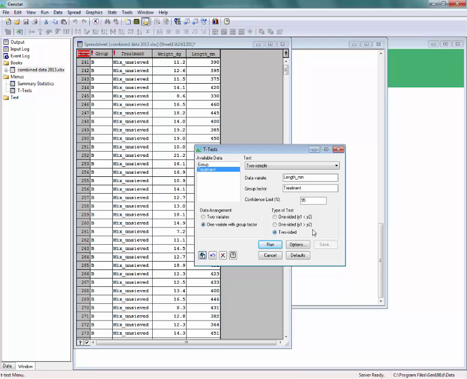And then we have to decide whether we want to do a one-sided test, another one-sided test. So this is y1 smaller than y2, and here y1 is bigger than y2. Which of these two is considered y1 or y2 is by alphabetical order. So sieved is earlier than unsieved, so that means that